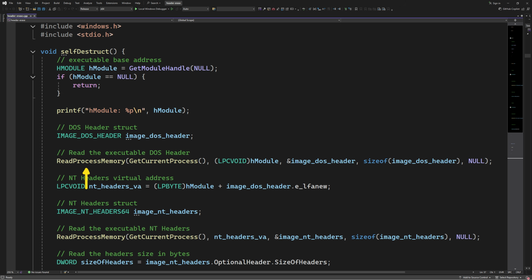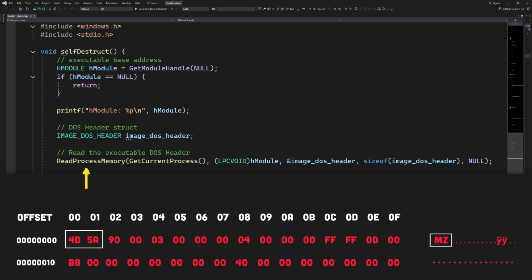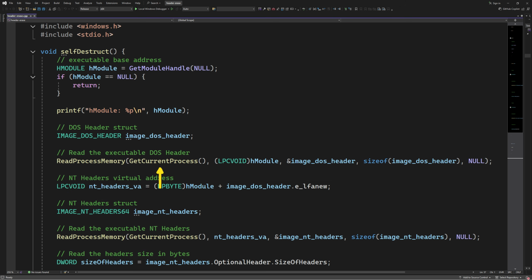So here we use the ReadProcessMemory API to read the executable's DOS header. We know that the DOS header starts at the MZ magic bytes, or the very beginning of the portable executable. That means we need a pointer to the base address of the executable in memory, and we already obtained that using the GetModuleHandle API. So here, we first provide the handle to our process using the GetCurrentProcess API. Then we specify the source, or the base address of the chunk of memory that we want to read,